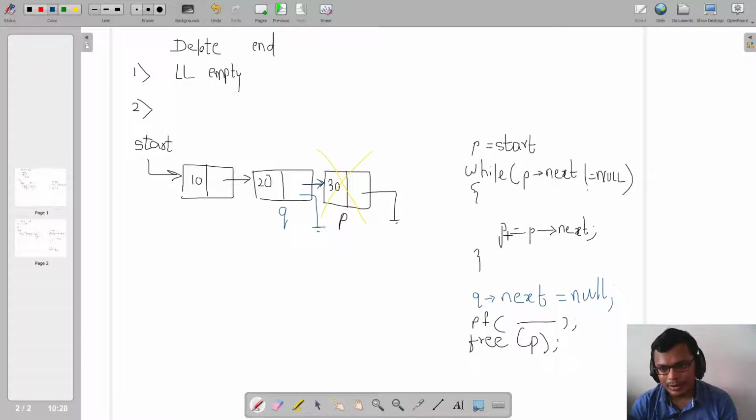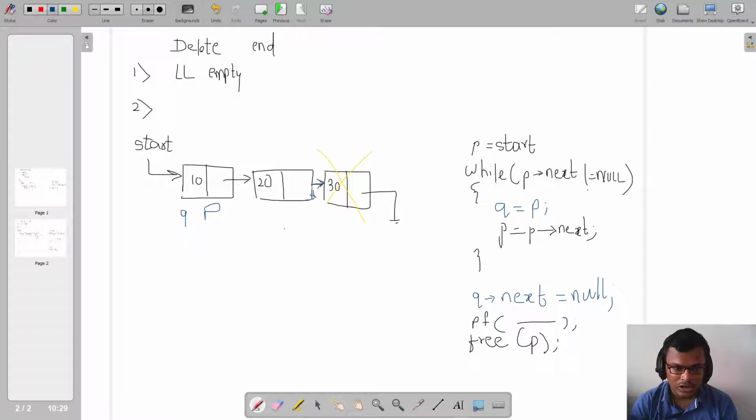So whenever we were performing this jump, if I add a statement here that is Q is equal to P, I will be able to find my second last node also. How? I'll show you with help of example over here. So initially suppose we start here, right? So P is equal to start. Whether P's next is not equal to null? Yes, P's next is not equal to null. So we'll come inside. So here the code is Q is equal to P.